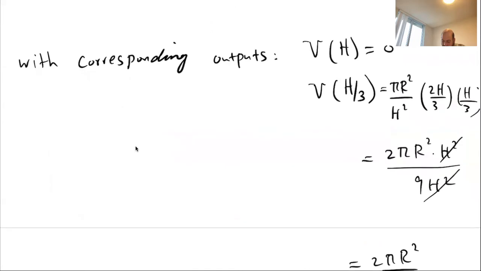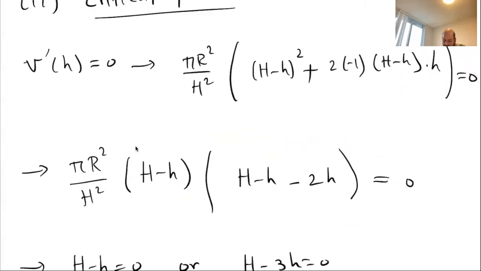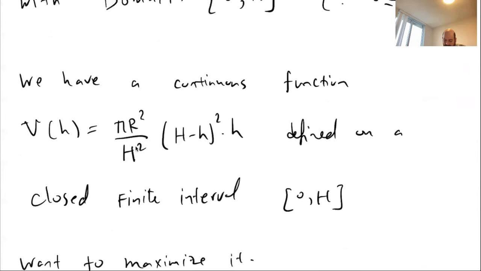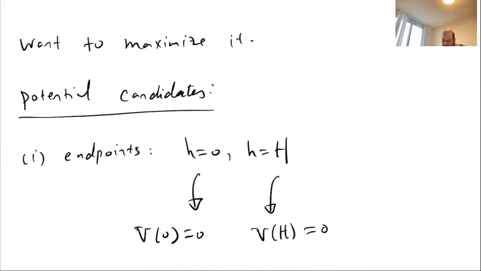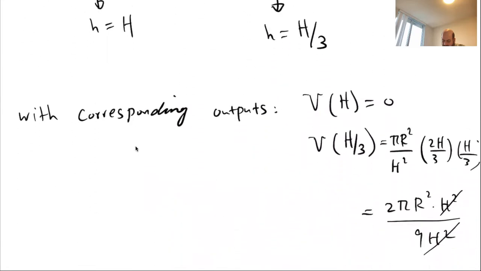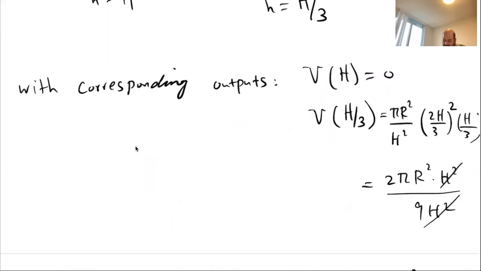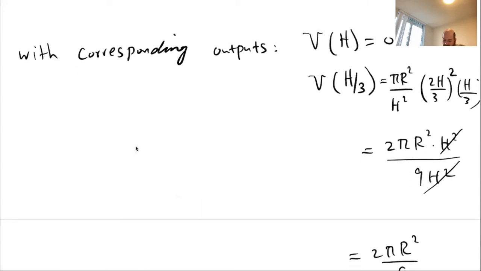So this is pi r squared. Oh, this one is power 2 here. It was pi r squared over H squared. Let's look at the formula for V. Pi r squared over H squared times (H minus h) the whole squared times small h. That will be (2H over 3) the whole squared times h. So I forgot this power 2 here. So then the answer will be 4